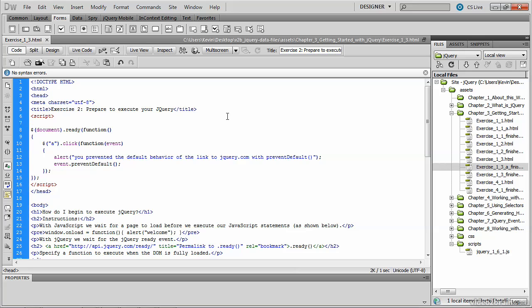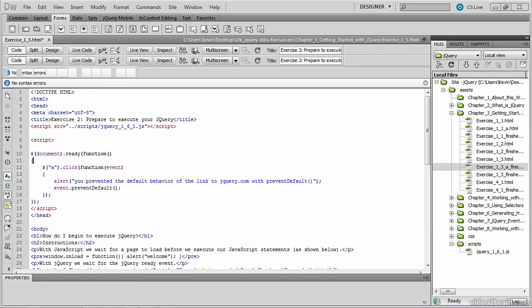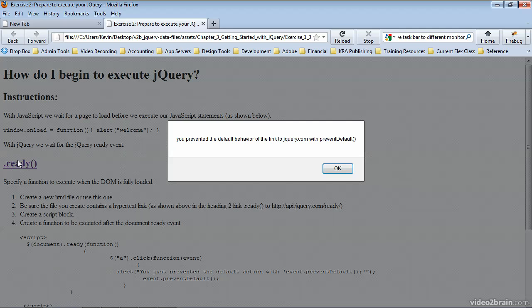So before we can test this file, we still have to include our jQuery library. So make sure you've included a script block that references the jQuery library. At this point, you should be able to save the file, test it in the browser, and when you click the one link that's on the page, rather than traverse that link, which should take us to jQuery.com, our alert